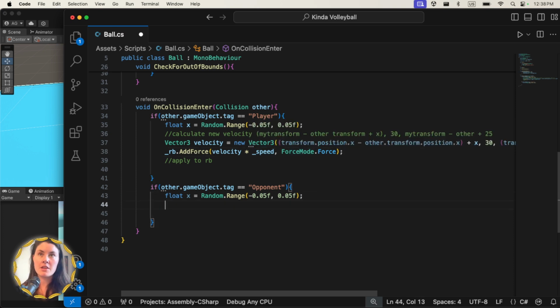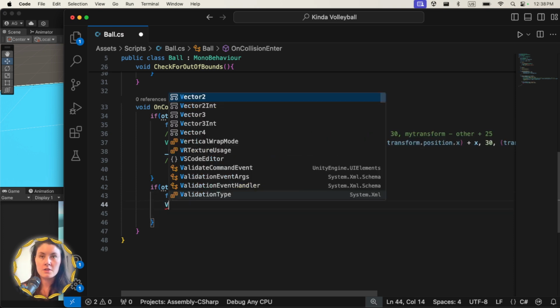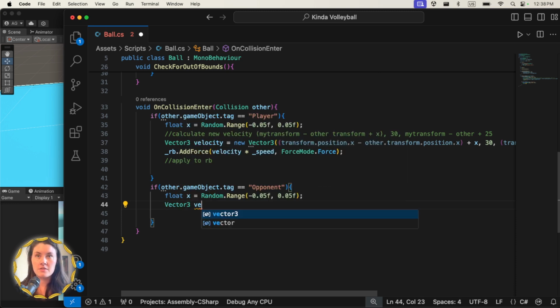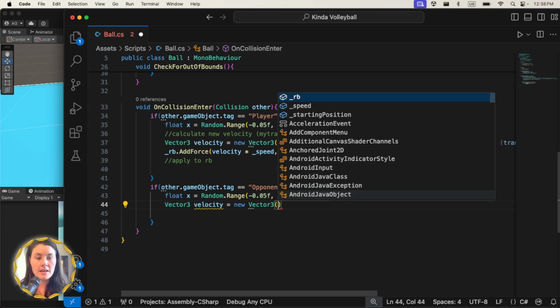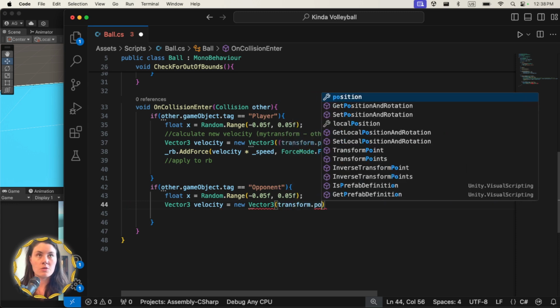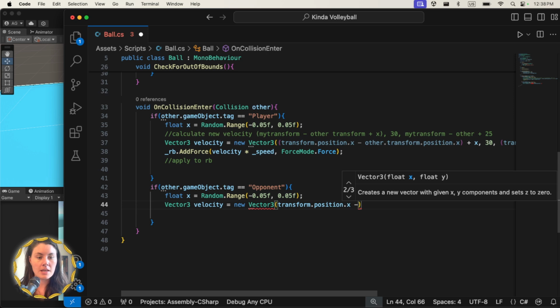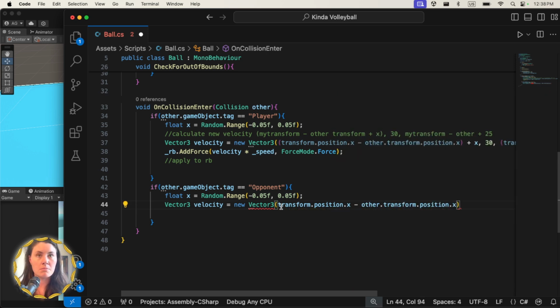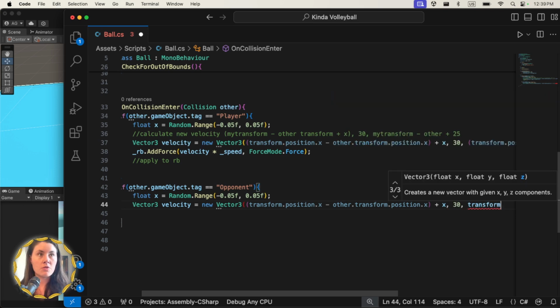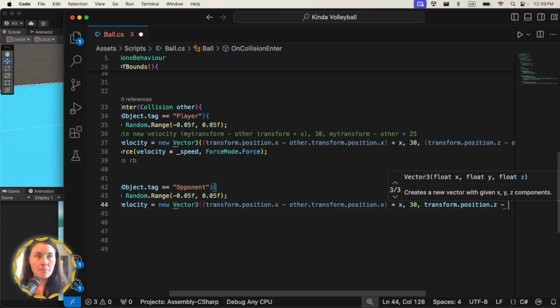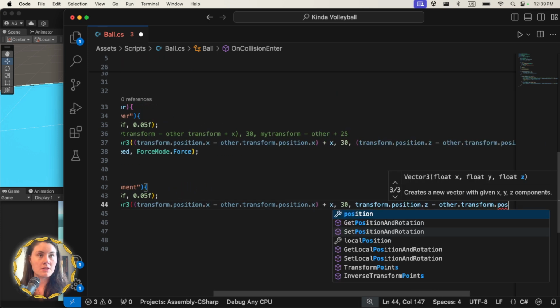Now let's do the same thing for the opponent so they can actually bounce it back to us. So we're going to calculate a Vector3 velocity, and that's going to equal a new Vector3. For the x position, we're going to once again take our transform.position.x minus the thing that we hit, other.transform.position.x, and we're going to wrap those in parentheses real quick, add that to our random x that we made, and now for the y, it's going to be like 30, and for z, we're going to say transform.position.z minus other.transform.position.z,